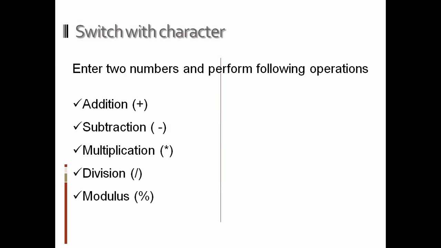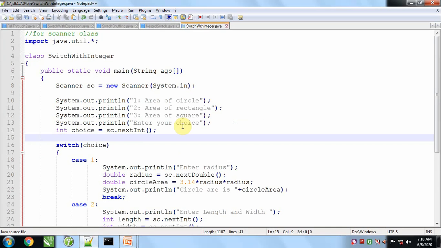For this we will solve a problem. To see it practically, we have to pass two integers, two numbers, and an operator, and we have to calculate these operations with the help of these operators. So let us start.